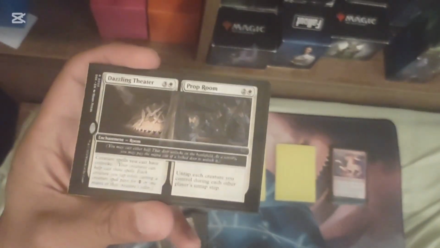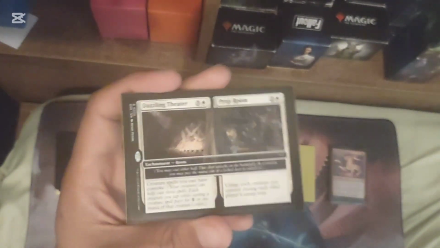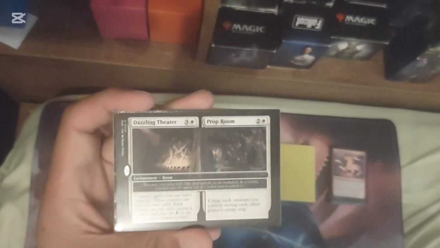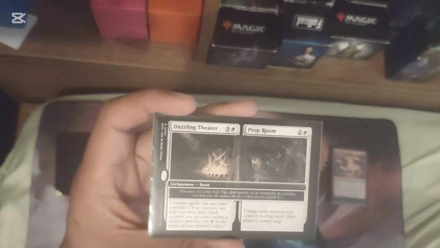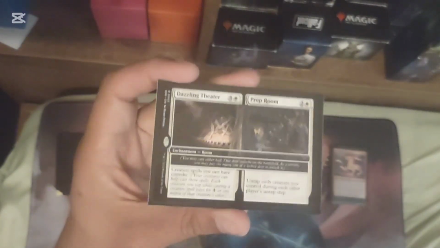This is one of those ones where I had an extra copy of a room, and I thought this is definitely a better deck. I could have put this in the Dragons deck, and part of me might regret this later on down the line. Maybe I'll get another copy of this from a store when I go to build that Dragons deck, we'll see. But I really like this one because I can unlock the Dazzling Theater and then all my creature spells have Convoke. But I can also unlock the Prop Room and untap each creature I control during each other player's untap step. So it's like a half,